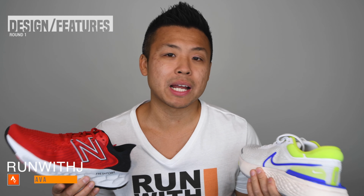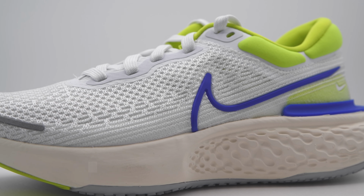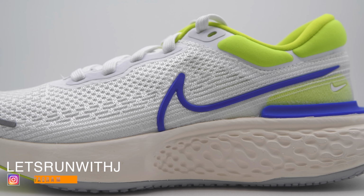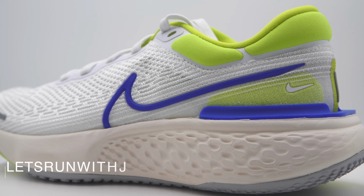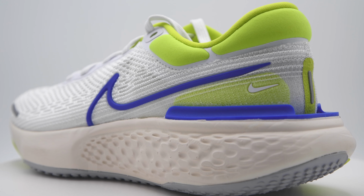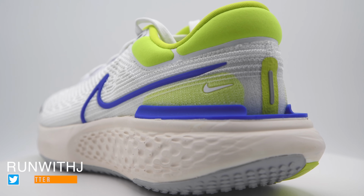The first category we're going to look at is design and features. So in terms of looks, both of these shoes, I think, look fine to me. A lot of this is dependent on personal preference. I feel like the Nike ZoomX Invincible Run does look a little bit more futuristic. It kind of looks chunky though, in my opinion, with all the foam and cushioning, padding. However, it does look a little bit newer and futuristic, and all of this chunk of ZoomX foam does make